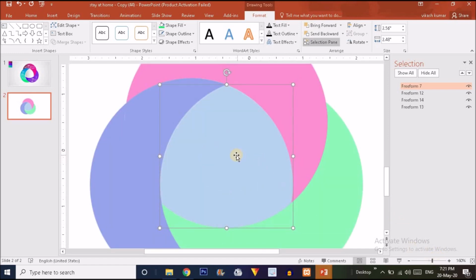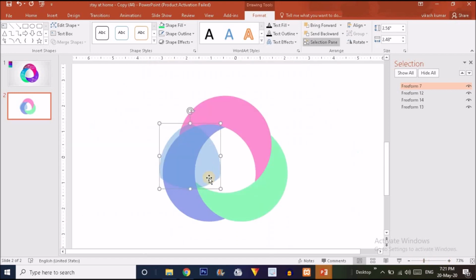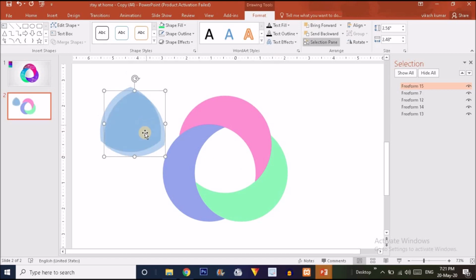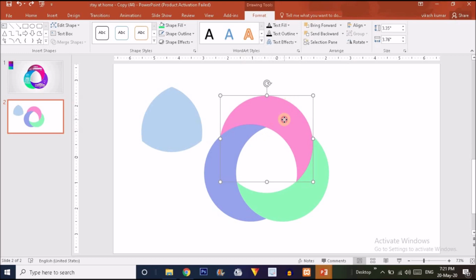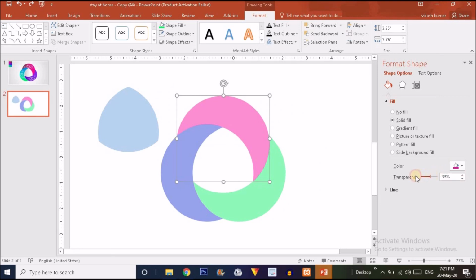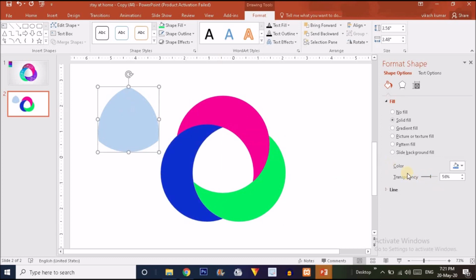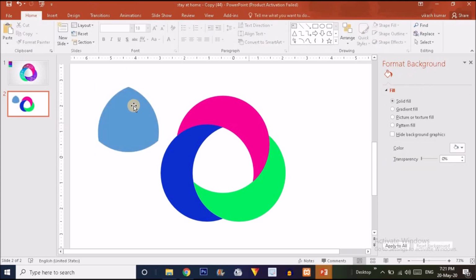and I'm going to zoom in a little bit here. So I'm dragging it outward and extracting this circle outward from these shapes, and I'm going to press Ctrl and D. Before pressing Ctrl and D, I'm just going to set the transparency. So just click on the shape, right click over here, go to the format shape option and set the transparency like this, 0, and again I'm going to make it 0. Now we will do the same with this shape. I'm going to make the transparency of this shape 0 like this.